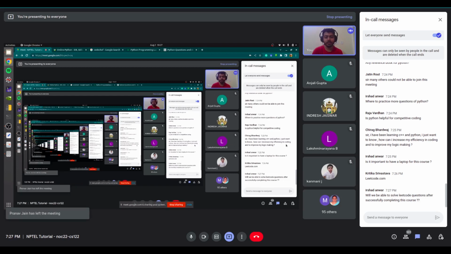Once you learn a language well, say if you know C++ really well, then I'm not sure if learning Python will give you an upper hand. But if you're starting out, if you're not very advanced, then Python is easier because you need to type a lot less, and writing code in Python is a lot faster.